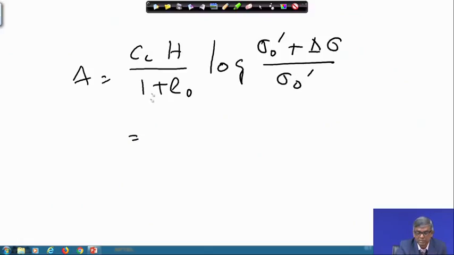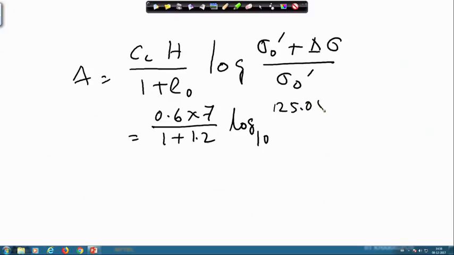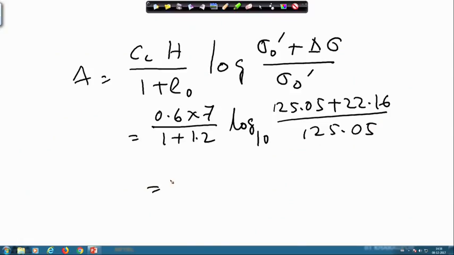So, if I do that, C c is 0.6 into H is 7 divided by 1 plus 1.2, log, this is of course 10 base, of sigma naught dash, which is 125.05 plus 22.16 divided by 125.05, and if I do this calculation, then finally we will get